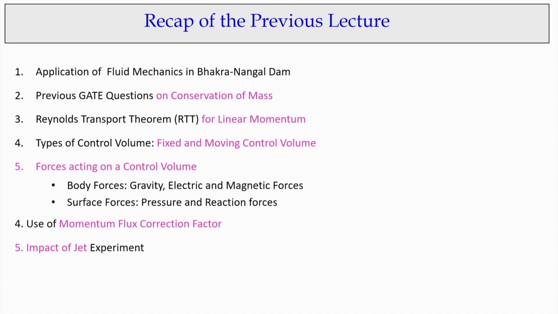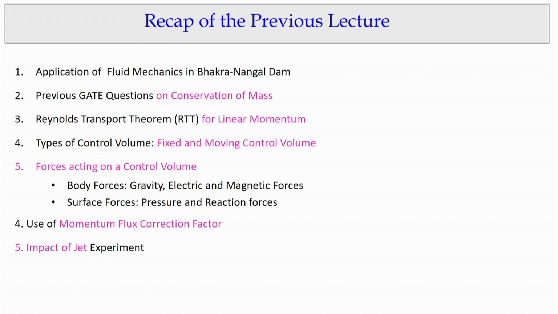So, let us come back to the recap of the previous lectures. Basically, we covered the mass conservation equation, and we also solved GATE questions on mass conservation. Then we also discussed in detail the Reynolds transport theorem for the linear momentum equation, for two control volumes: one is a fixed control volume and another is a moving control volume. And we talked about the forces acting on a control volume. There are two types of forces, body forces and surface forces. The surface forces are pressures and reaction forces, which we will talk about a lot